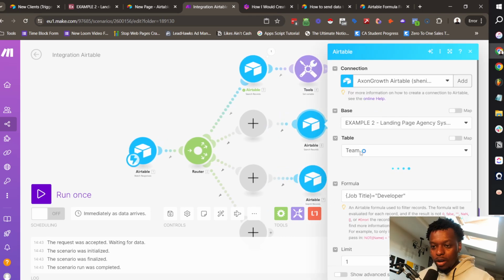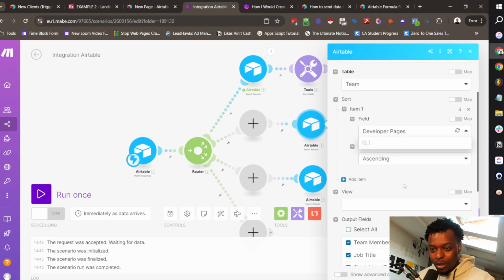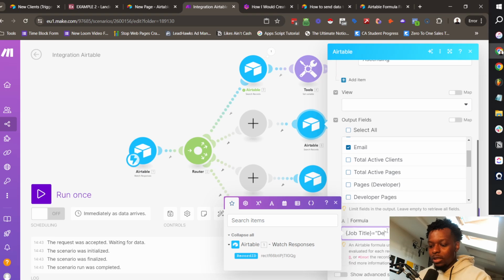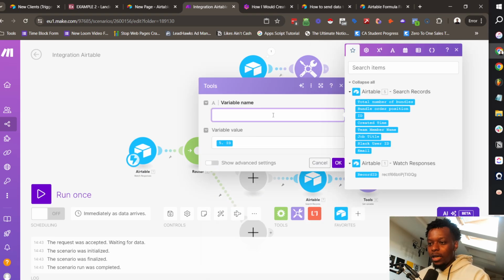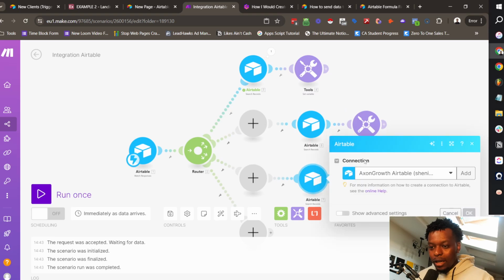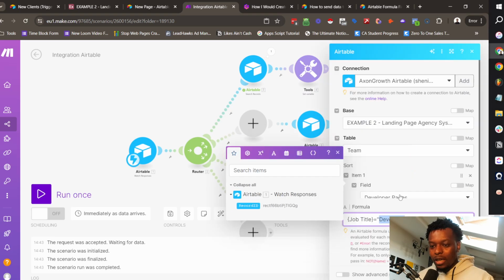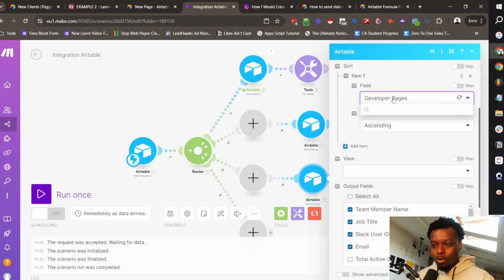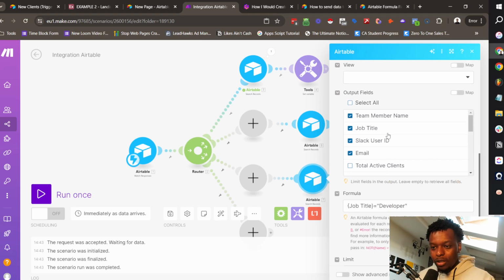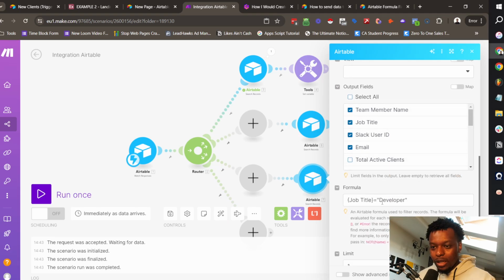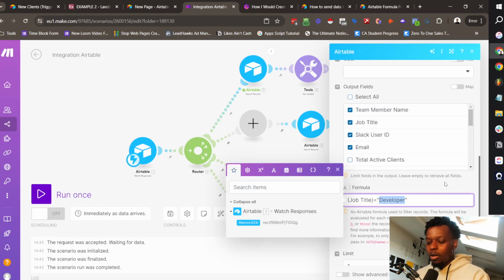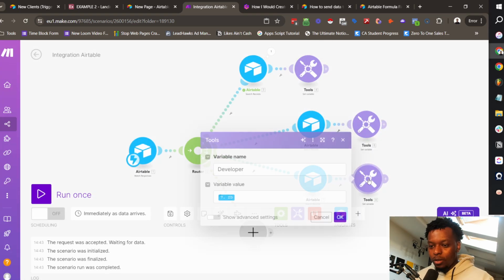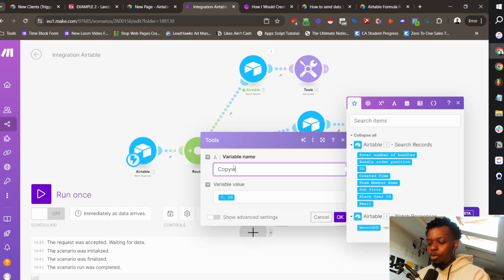can get the copywriter. So if we go into here and then we get designer pages, ascending, job title equals designer. And then we make this guy the designer. We check that the variable is the exact same that we want. And then we go in here, and then instead of designer, we put copywriter. So copywriter pages, ascending, team member, job title, Slack, user ID, email, developer. We want copywriter. We now have all of these set, and then we can call this guy the copywriter inside